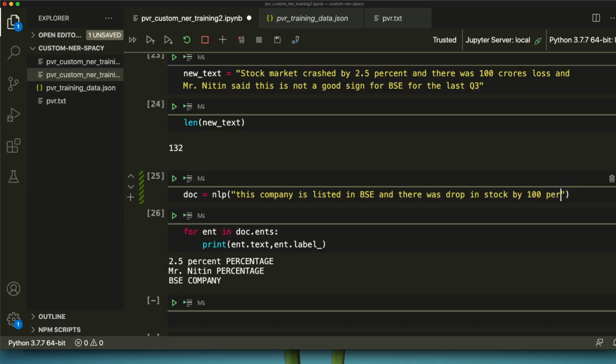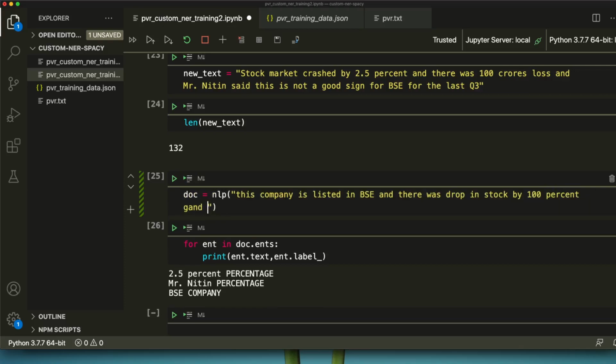It may not recognize percent. PVR is one of the good companies. Let's see, it says BSE is a company, PVR is a company, and 100% is a percentage.